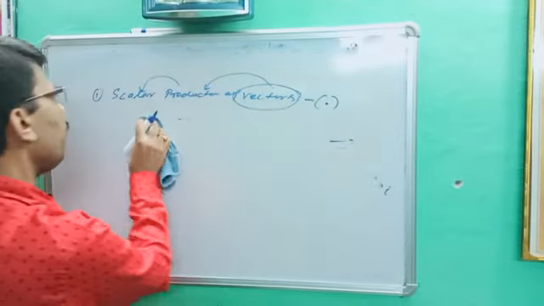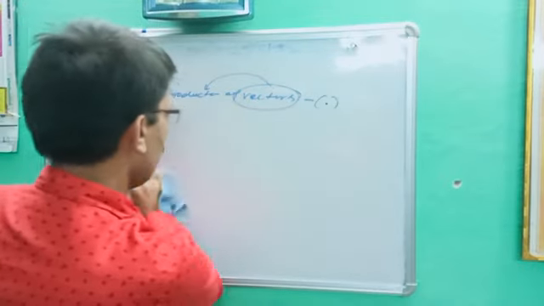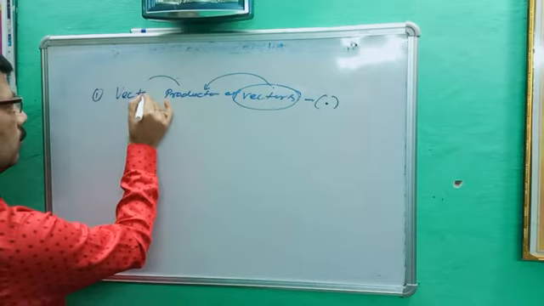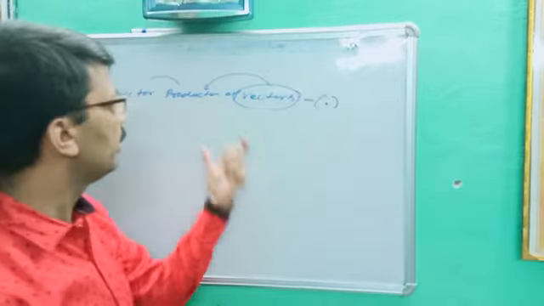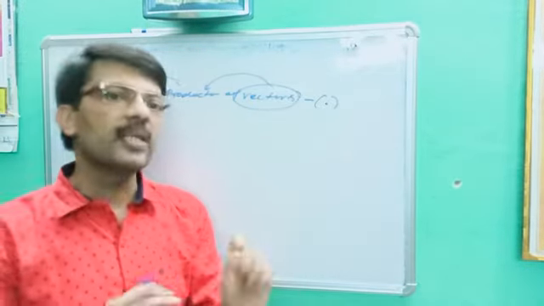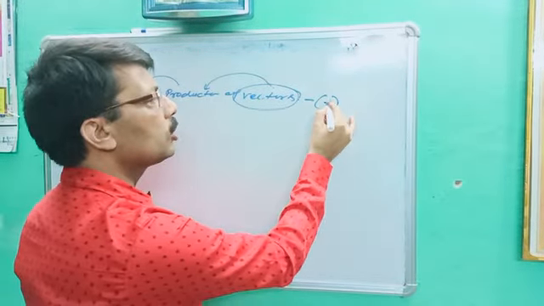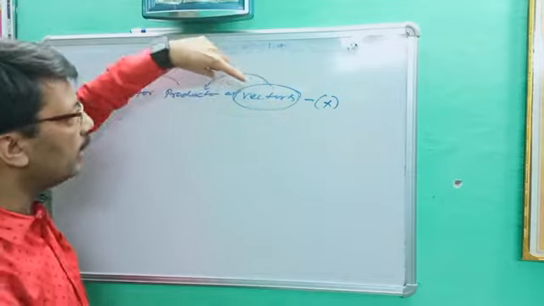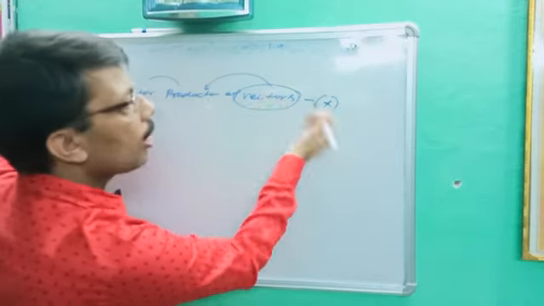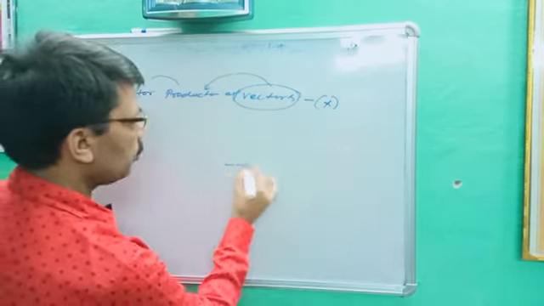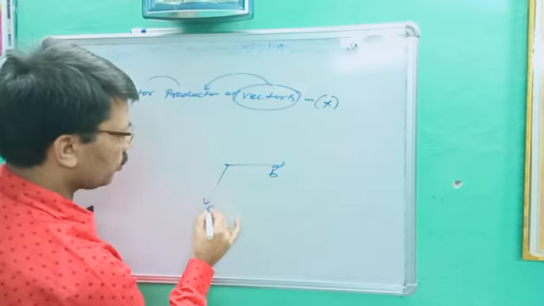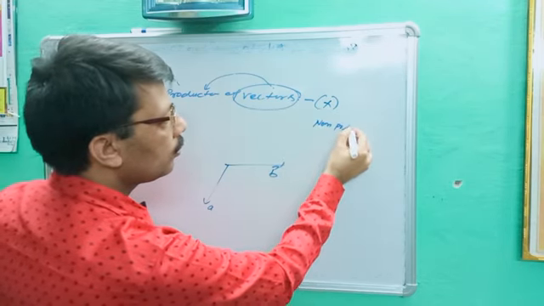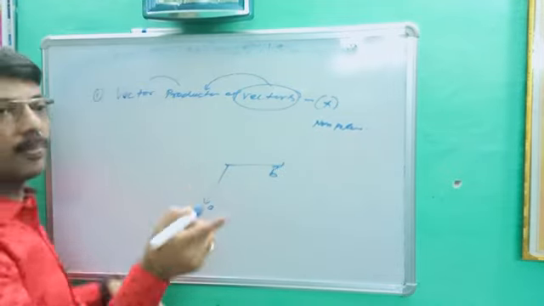Okay. Second, vector product of vectors. Very easy. If the product of two vectors is again a vector quantity, this is known as cross product. That was dot product, this is cross product. If the multiplication of two vector quantities is again a vector quantity, this is called cross product or vector product of vectors. Let's suppose A vector, B vector. Mostly we will do this for non-polar. This is an example of non-polar, and previously what we discussed was the polar.